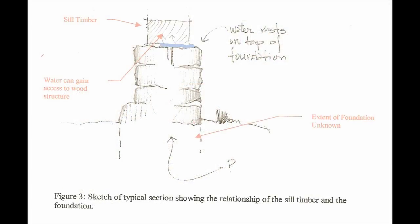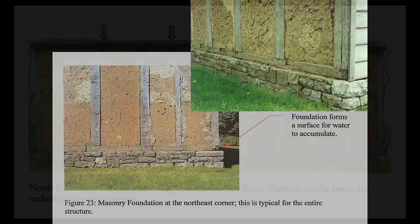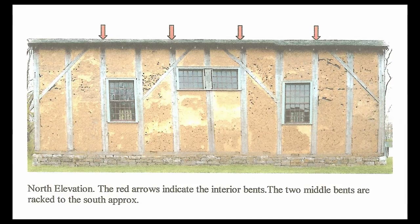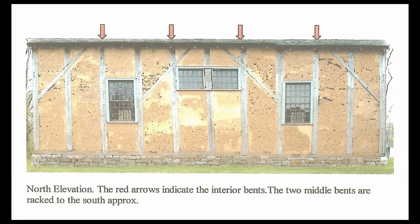Crosby thought the sill plate rot resulted from the foundation, repaired and rebuilt over the years, which protruded beyond the sills, collecting moisture to accelerate the decay. And you can clearly see the water collecting ledge in these photos. The assessment detailed other problems in the timber framing. The large section of rotted roof plate caused by the leaky roof was obvious, but less obvious was the role